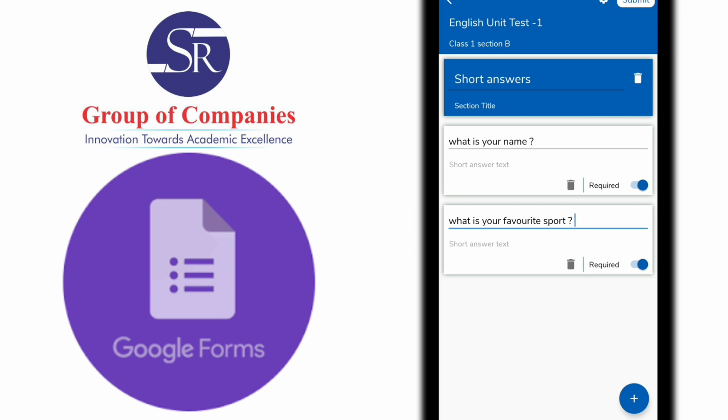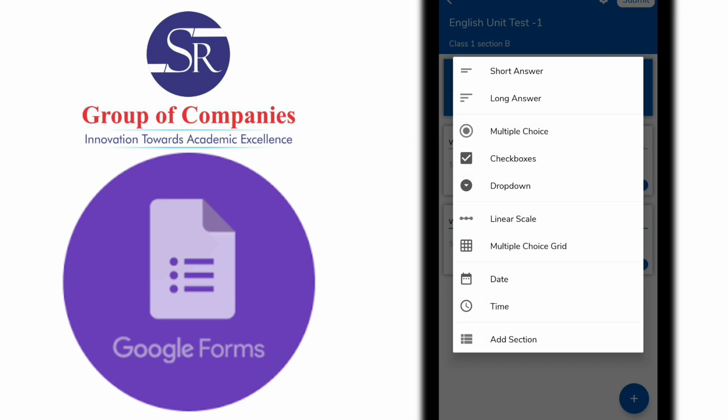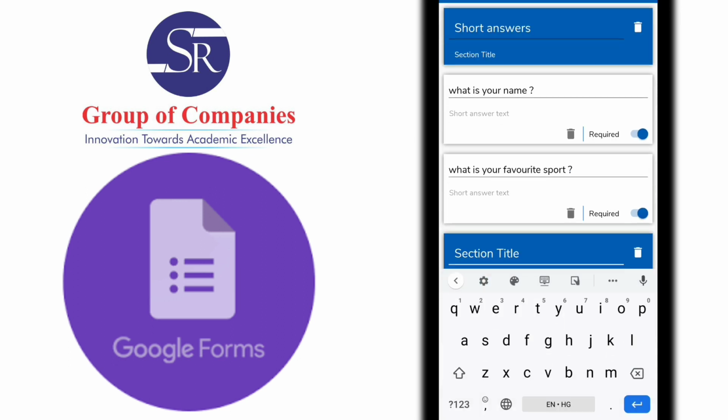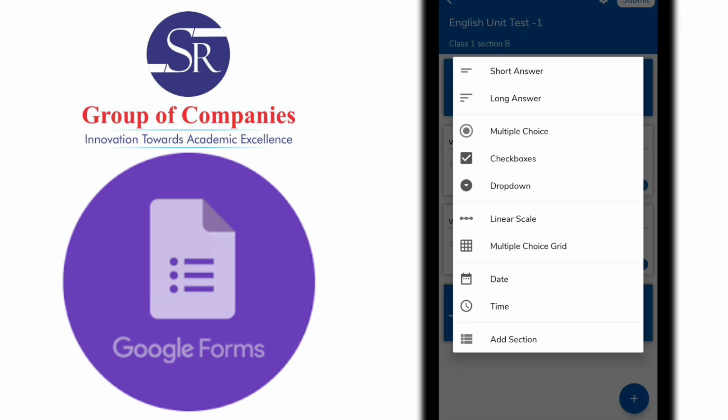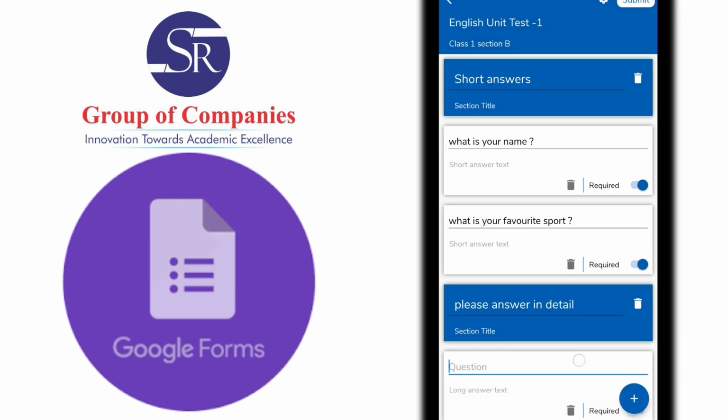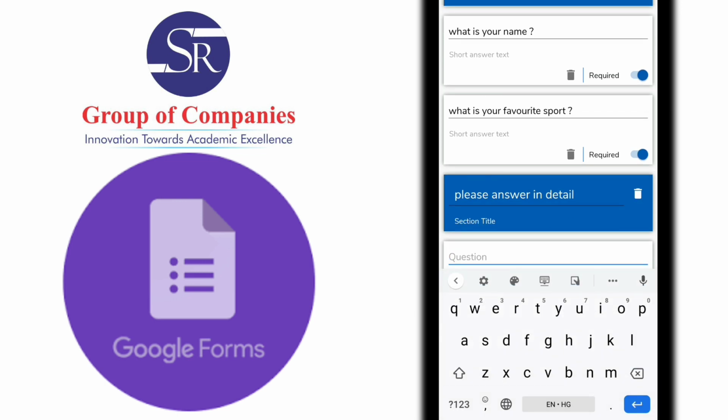Now I am going to the second important thing, please add section. Now I would give the title, please answer in detail. Here we need to choose long answers, and you need to give them a question where the child can answer in detail in a longer format.